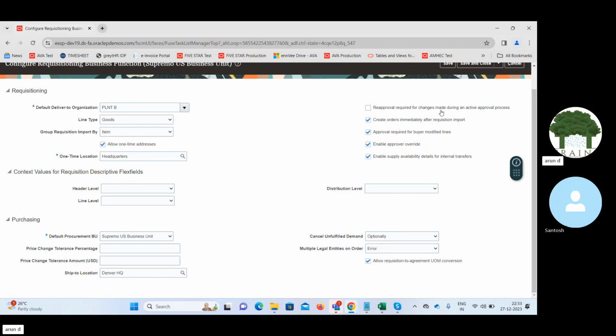So now, if I'm making any changes, whether the approval is required or not is what we are defining here. The change could be the item change, or the price change, or the quantity change. So whatever change I'm making, whether I want the approval as a repeated process, whether I wanted to follow it, or I can leave this, because I have already approved it, or the manager has already approved this particular requisition,